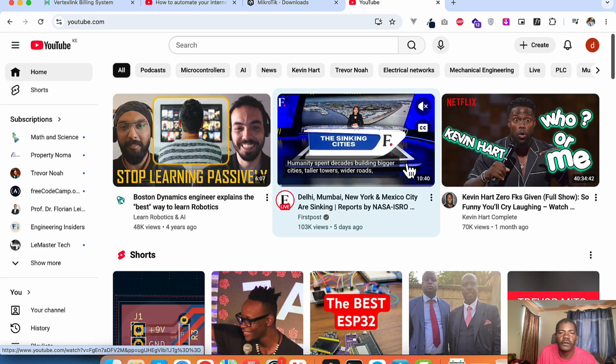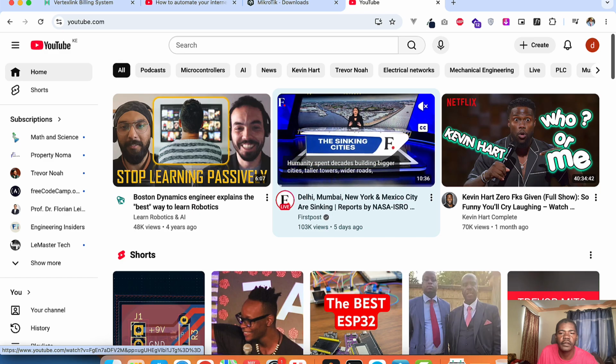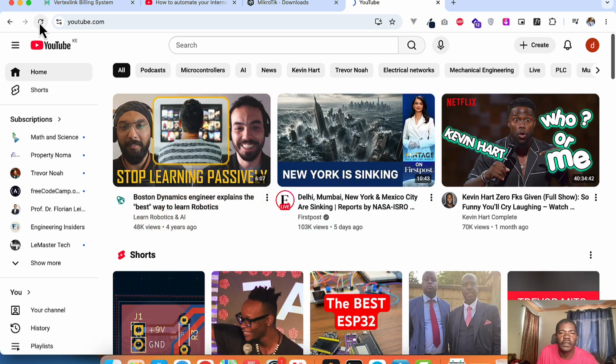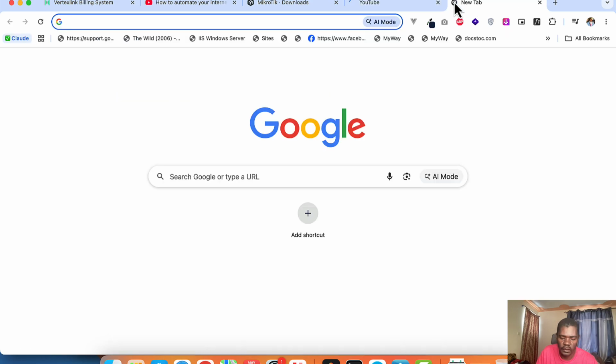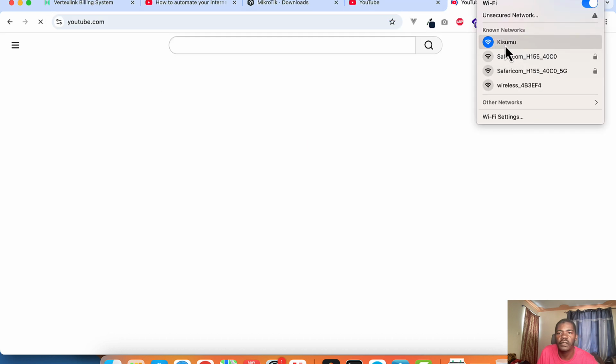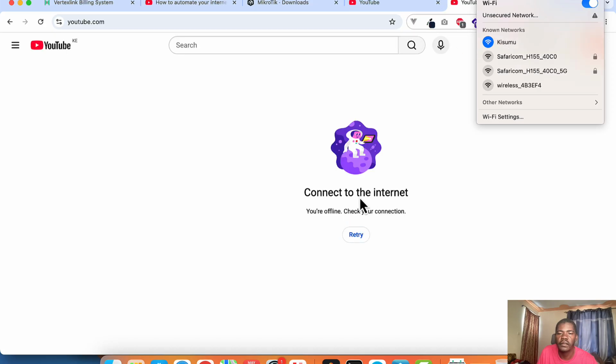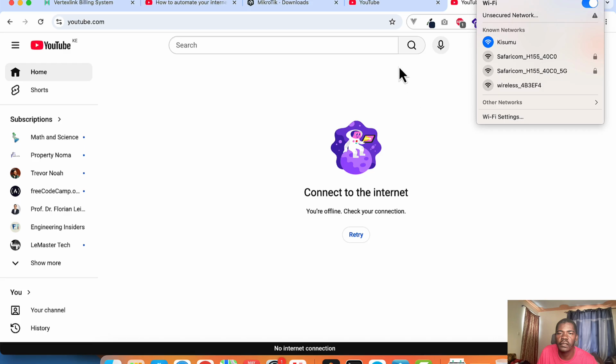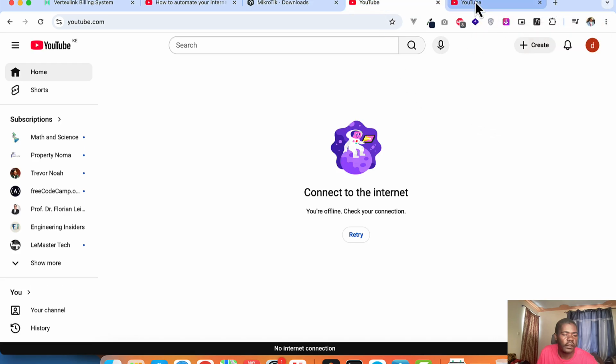But let me now remove the Ethernet port and try to refresh. I have removed the Ethernet cable. So if I try to refresh it, you can see it is not working. It is not working because we've not paid. We are connected to the Wi-Fi, but we've not paid. So there is no internet. You can see connect to internet. Alright. So let me just insert it